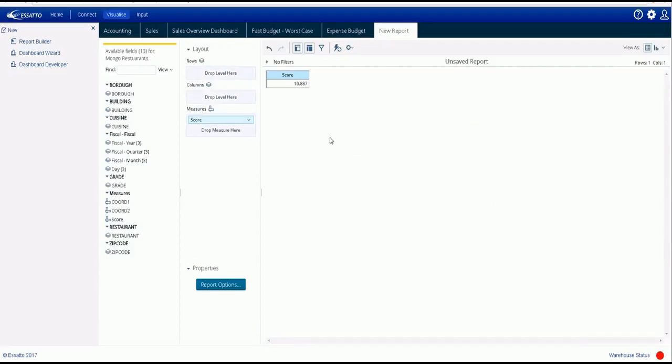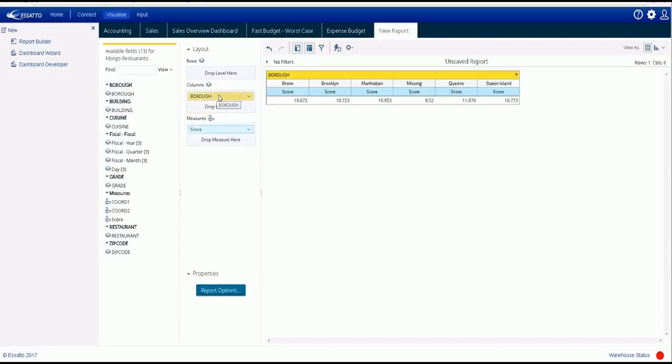So I've now got a view across all my data of what the average score is, and the score in this example represents New York City Health Department scores for restaurants. I'll further filter this by moving borough onto the column. So I've now got a view of New York City boroughs, Bronx, Brooklyn and Manhattan for that same data. If I drag cuisine onto the row,